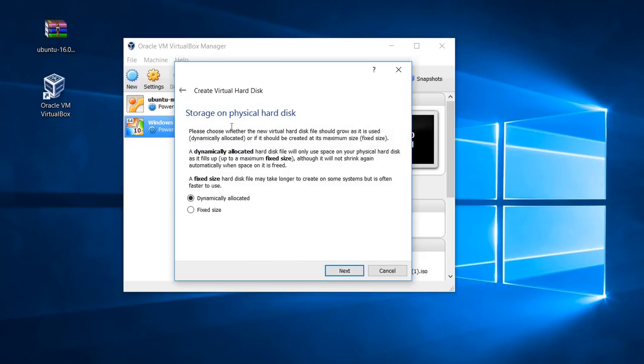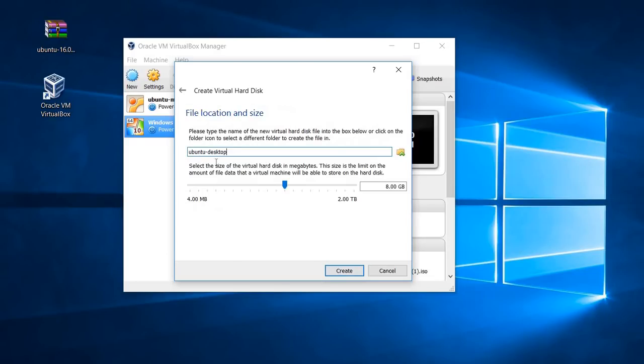Then here, it asks how much amount do you expect in your physical hard disk. So you can give a fixed size or dynamically allocate. So the best option should be like fixed size. You don't want to ruin the memory in your local machine when you install this image. So we're gonna go with fixed size,